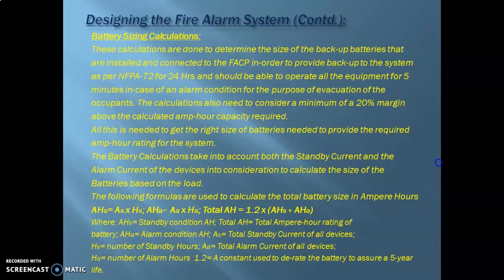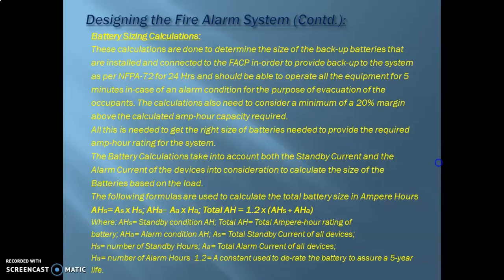Now, of course, we don't consider the exact calculated ampere hour or size of the battery that is basically used. In order to get the actual battery size or ampere hour rating, we need to consider 20% of margin above the calculated value.